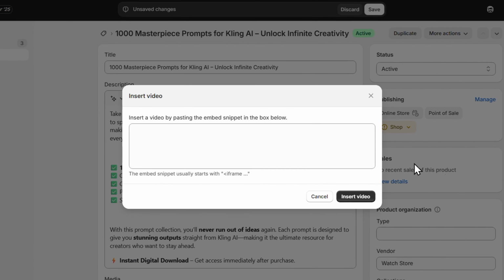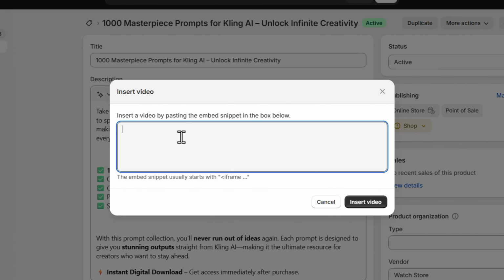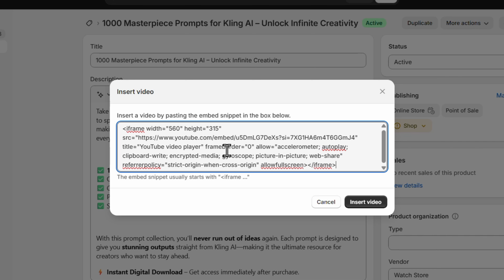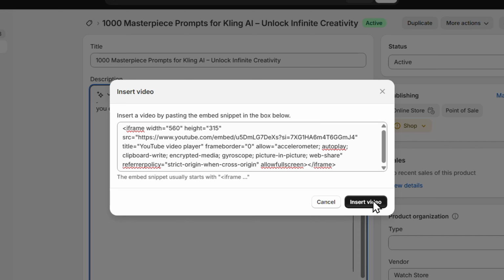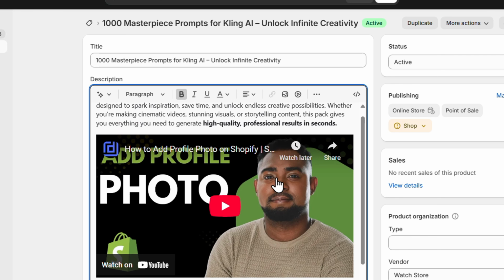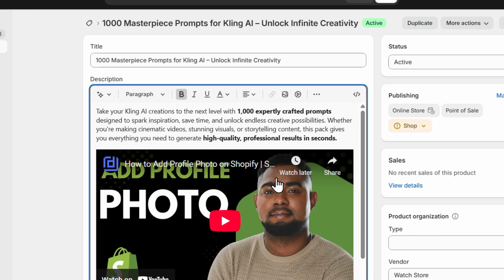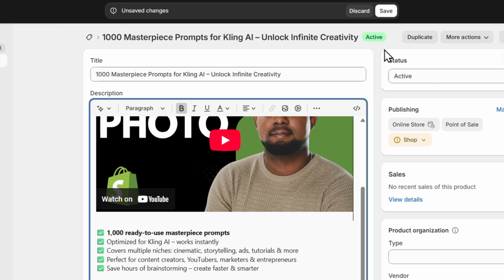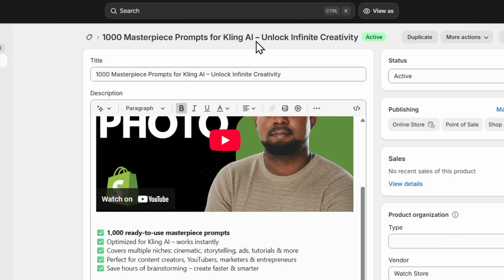So I'm going to head back over to Shopify here and just simply go ahead and paste this embedded code. This is what you need, and click on insert. And that's going to insert the YouTube video right into the Shopify product description. And there you have it, guys. It is there. So all I have to do now, guys, is just simply click on save, and I can